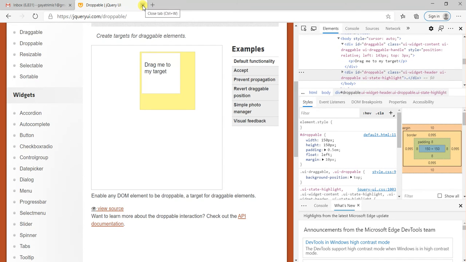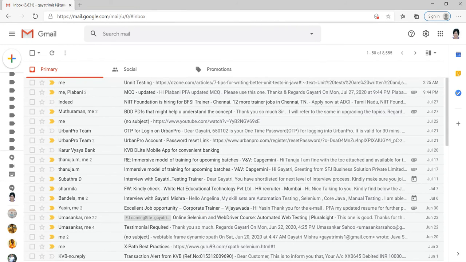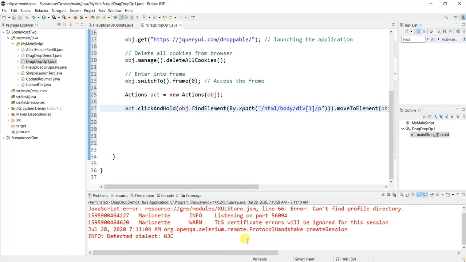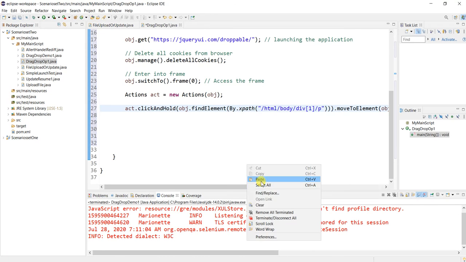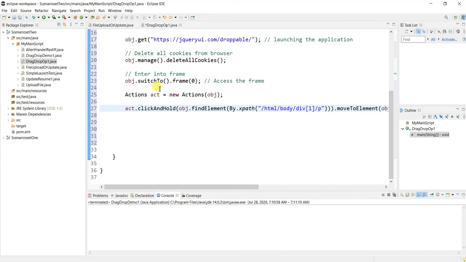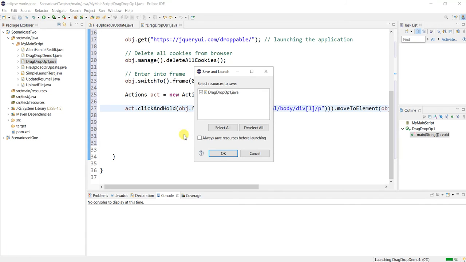So let me close this application before execution. Let me clear the console data. Now let us execute the script to check whether it is working as per the expectation or not.